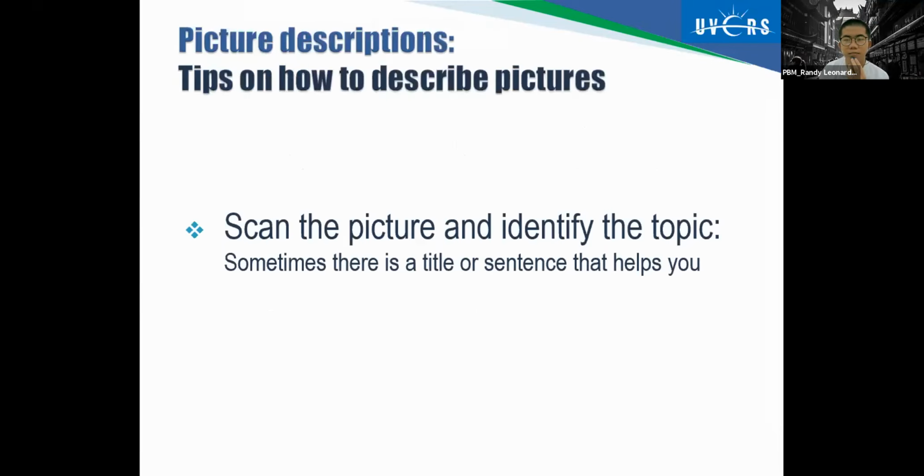Okay, the first step before you start to describe a picture, of course, you should have a picture, right? How can you describe a picture without a picture? Bagaimana mau menjelaskan sebuah gambar tapi tak punya gambar? So you need to have a picture before you start to describe it. Okay, and then how to get the picture?